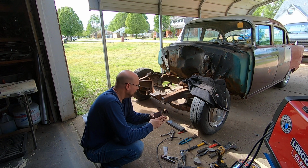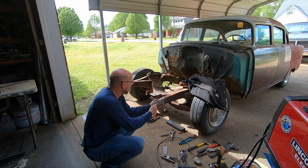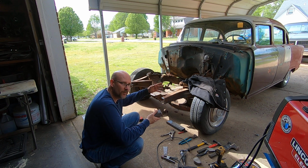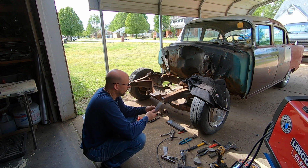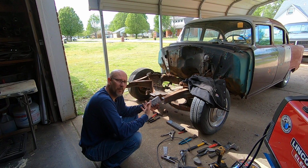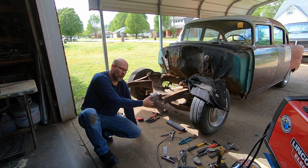And anyway, I showed the frame horn here. The car had been taking a pretty good whack right up here at the front. All the frame is pretty much square. Somebody had actually, you can see where they had beat on this to get it back out to where it needed to be to mount the bumper. If you need to work on your frame horns here,